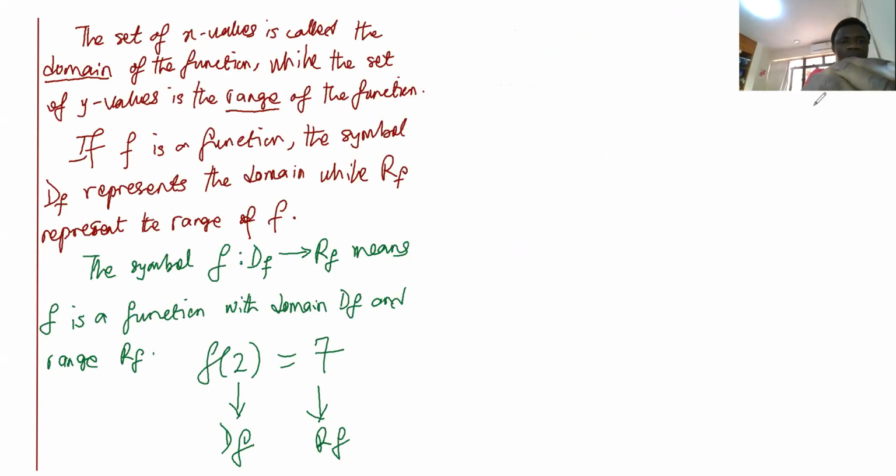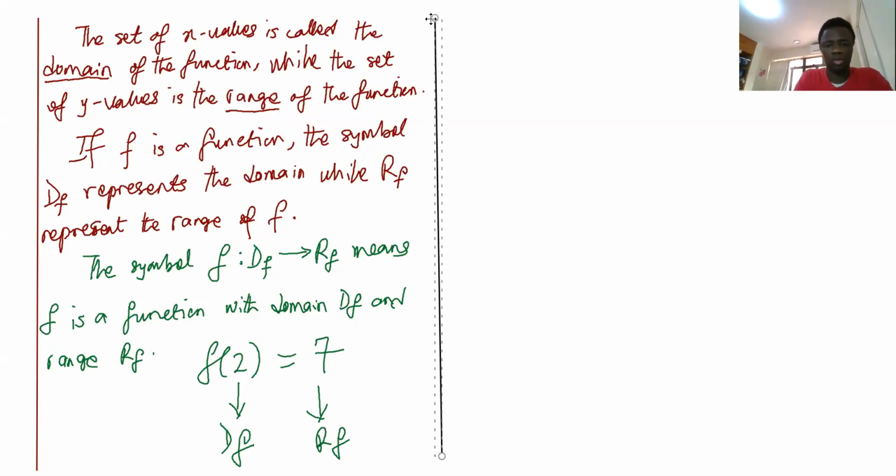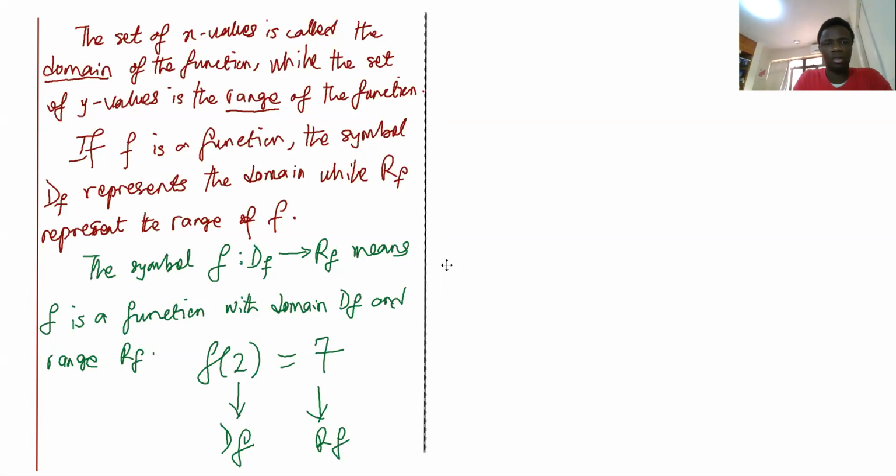So the two conditions that I'm going to write, of course, the first one is the fact that you can only have a function, like we said here, if you have